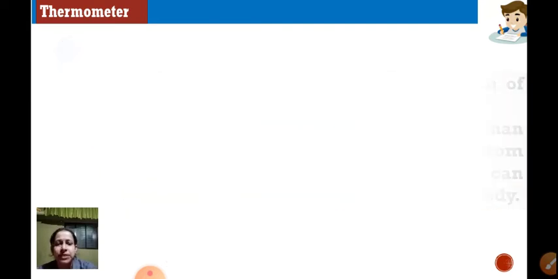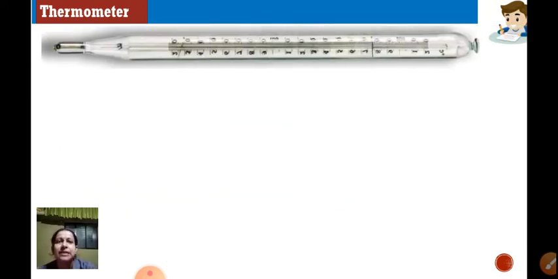Now let's proceed. Then we also have the thermometer in the laboratory. So this is a thermometer from the laboratory. Now what is the difference between the clinical thermometer and laboratory thermometer? A clinical thermometer can measure only from 35 degrees to 42 degrees Celsius, whereas this can measure even